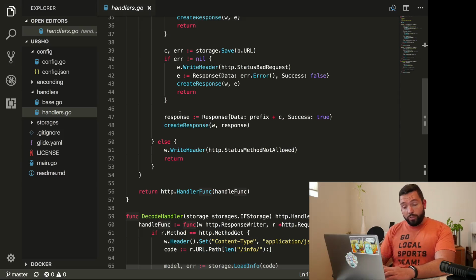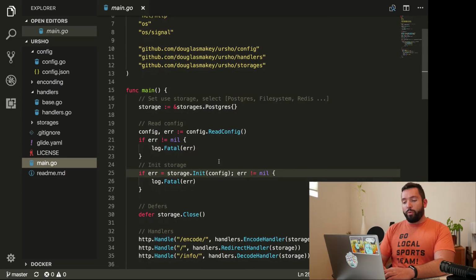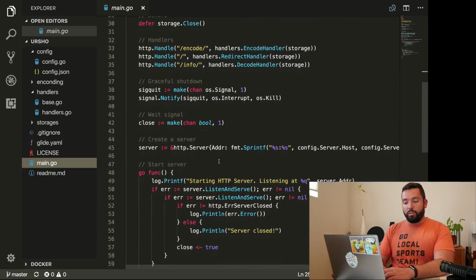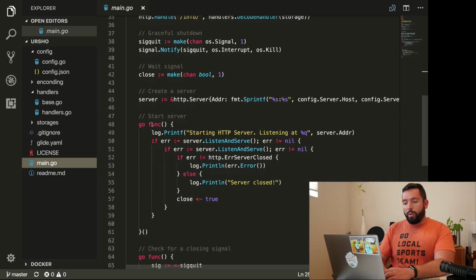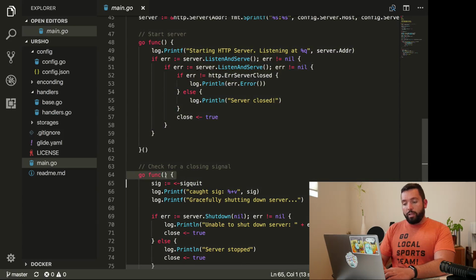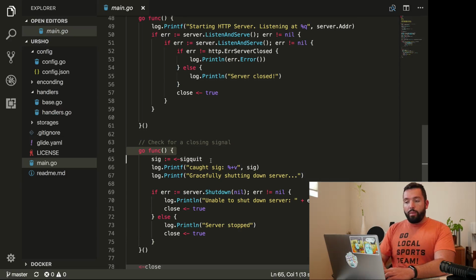Okay, so the first thing is this main.go. I'm not very happy with it for one simple reason, which is the way we're managing the graceful shutdown is more complicated than it needs to be. So we have this goroutine that is running ListenAndServe, and then this goroutine that is waiting for something to happen, for that signal to arrive. Now the thing is that